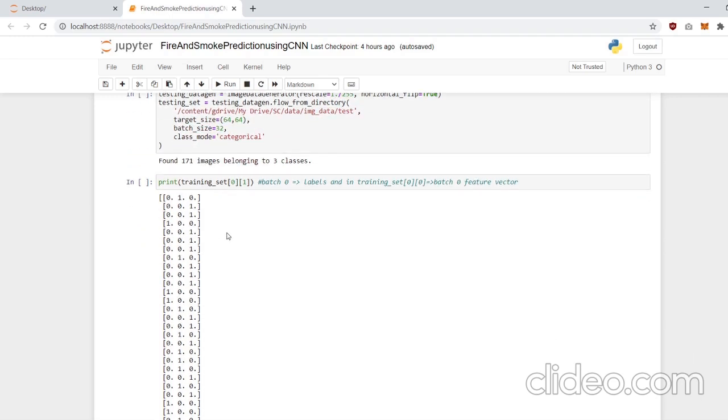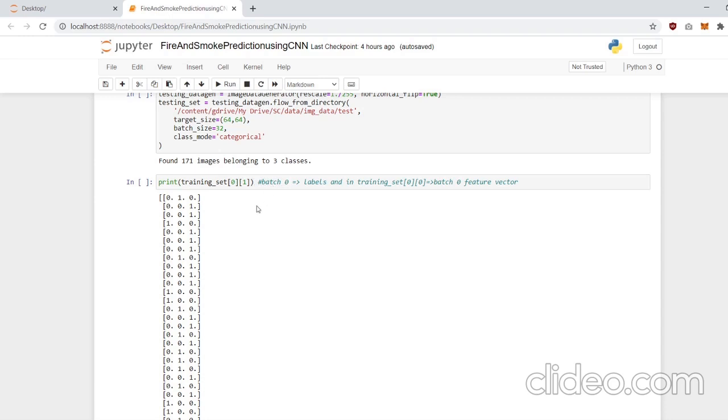And over here we will make the predictions on a particular batch, and over here I'm considering batch 0. So basically training set of 0 of 1 will give us the labels of the images of that particular batch, and training set of 0 of 0 will give me the feature vector.